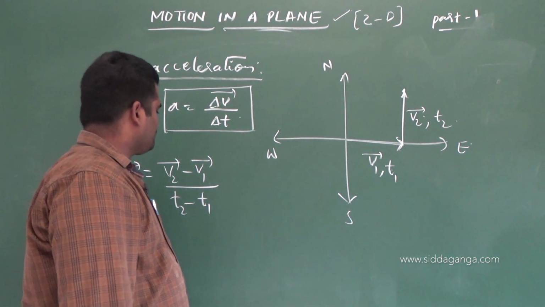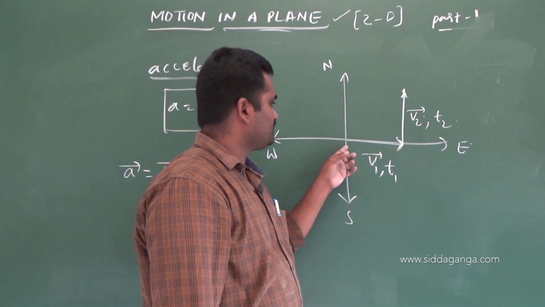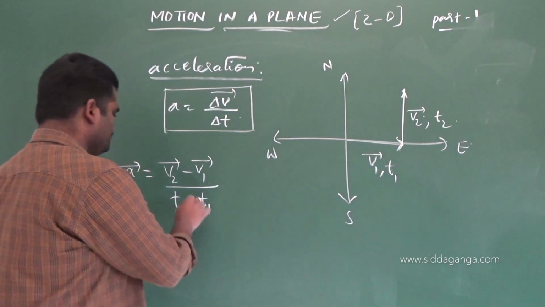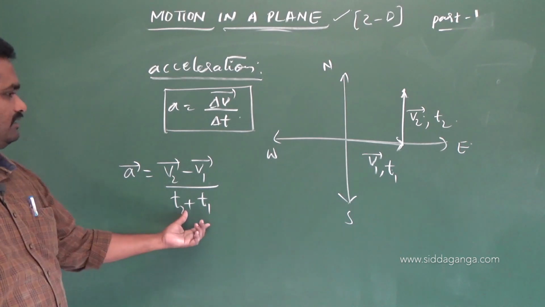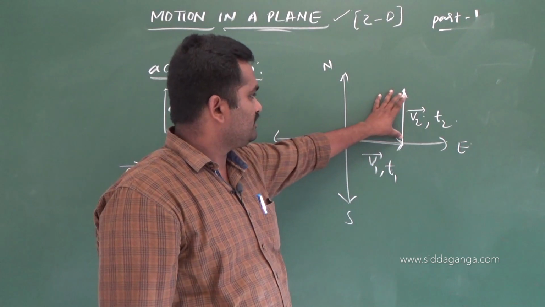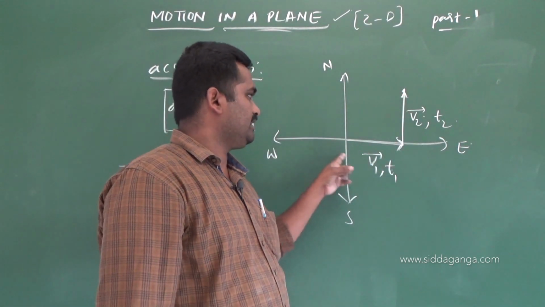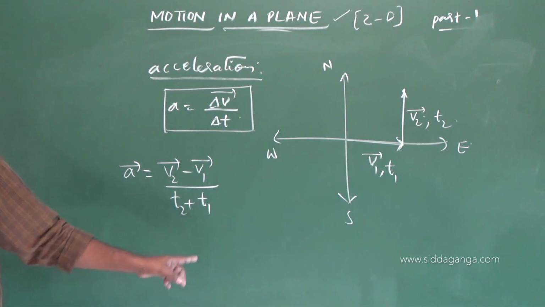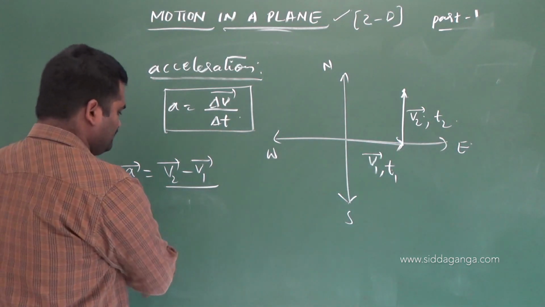Okay, time taken for the change is, for example, from here to here total is t2 and up to here is t1, or it is the total time of change. From here to here is t1, here to here is t2, which means the total time taken for that change is how much? t1 plus t2 you have to take here,